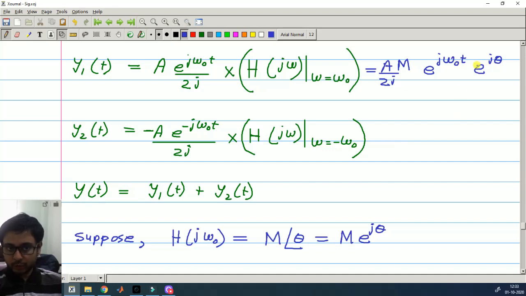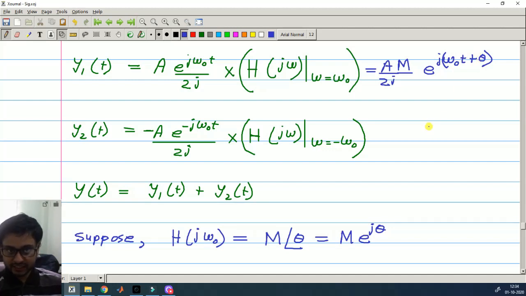Now these two exponential terms you can write together as like this, j(omega naught t plus theta). So both the amplitude is changed, amplitude is multiplied with m, as well as the phase angle of the signal